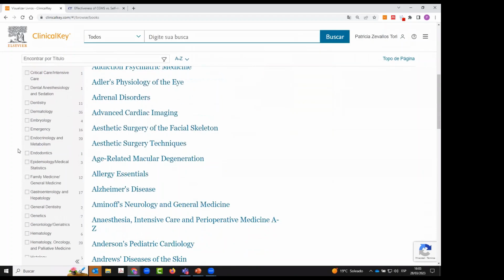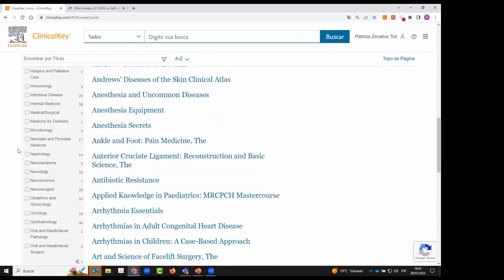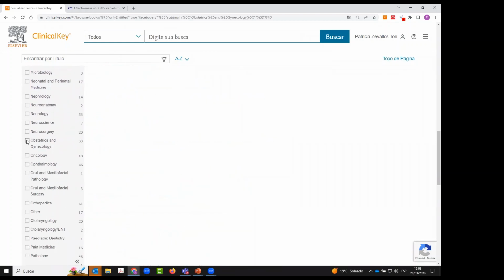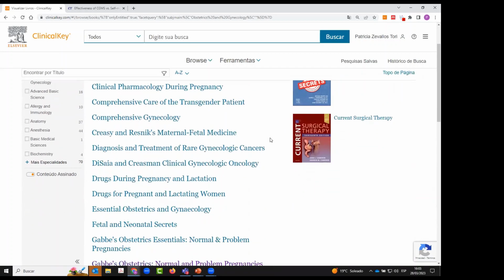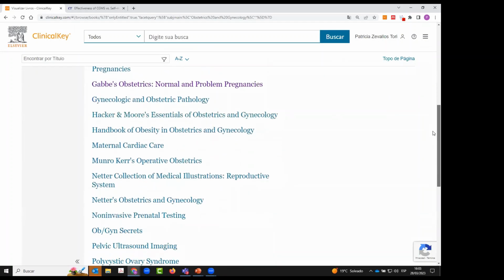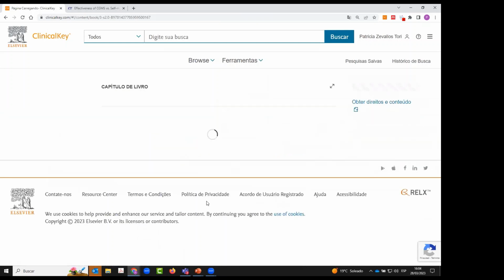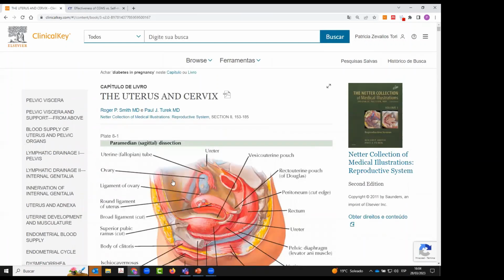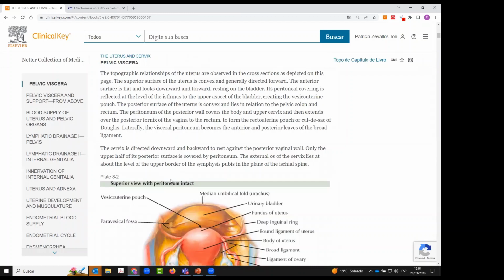If we go to obstetrics and gynecology, we have 33 books related to obstetrics and gynecology that can help you to have more information about the different books that we have. In here also we have this Netter collection of medical illustrations, for example the uterus, and we have all this information and images that we can also use for our